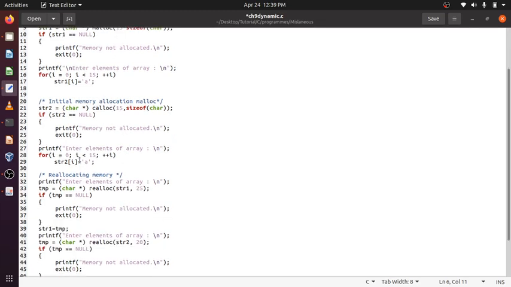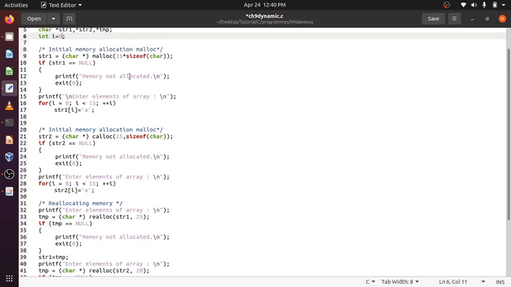Next, suppose during execution I decide to resize the memory again, how can I do that? I can use realloc. 25 is just an arbitrary number that I gave, it could be anything. Suppose here 15 bytes are allocated, now with 25, 10 bytes more will be allocated.